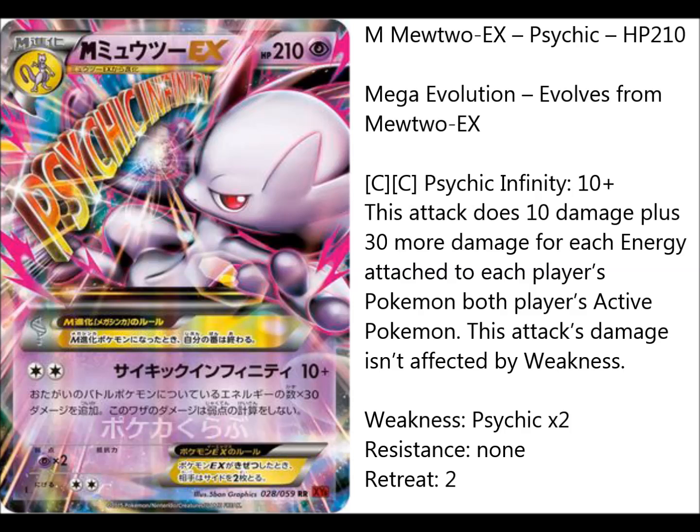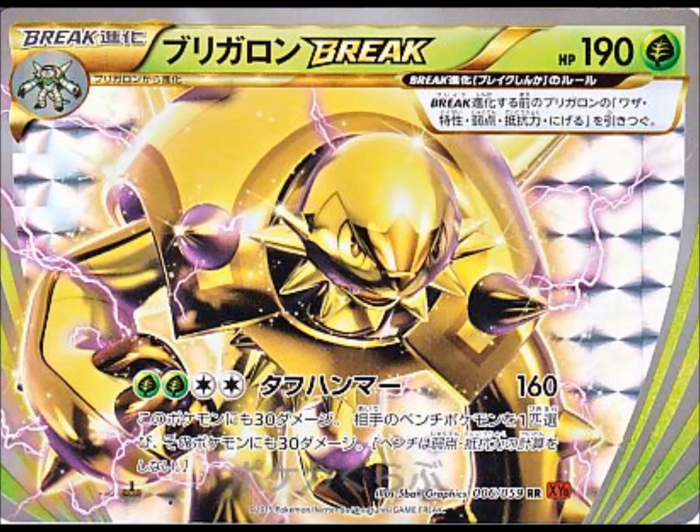Of course, you can mix and match the regular Mewtwos with the Mega Mewtwos, as one would expect. All of these Mega Evolutions also have Spirit Links in the set, so plenty of ways to play them. So anyway, next we will get onto our Break Evolutions and the rest of our Ultra Rares, which, of course,